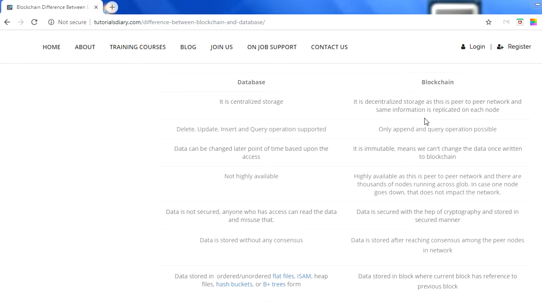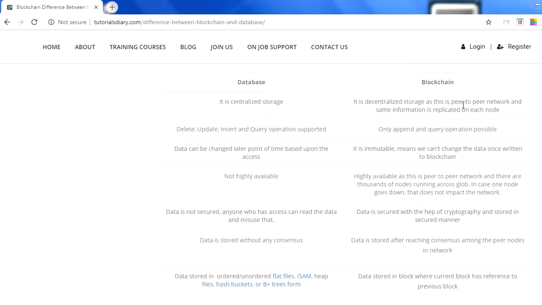But in terms of blockchain, this is decentralized. What decentralized means is that it is not only one computer. If I take an example, Bitcoin has around 30,000 computers connected, and Ethereum has around 16,000 computers connected. In a database, we're talking about, at a high level, one computer which stores the information. Here we're talking about 30,000 or 16,000 computers.